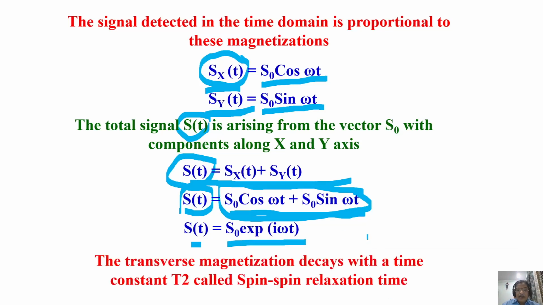Okay. So the transverse magnetization decays with the time constant T2. It is the signal which we are collecting. But how are we collecting it? It is also decaying, you know that. I said there is a decay constant, it is a damped oscillation. And we already discussed earlier that the decay of the magnetization in the transverse plane is called T2, the spin relaxation time. It is a relaxation time in the transverse plane. That is the total dephasing time in the XY plane, in the transverse plane. So this has to happen. It is a decaying function.